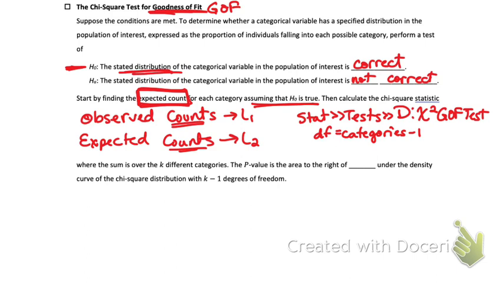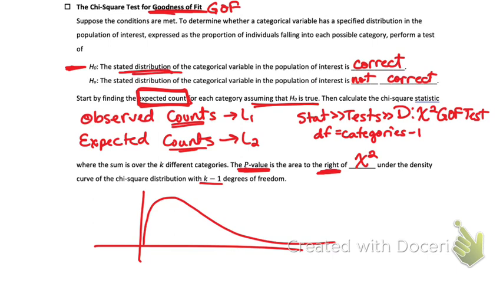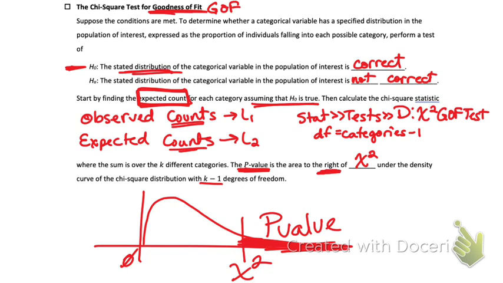Chi-squared is the sum over all k different categories. The p-value is the area to the right of chi-squared under the density curve with k minus 1 degrees of freedom. K is your number of categories. And finally, here's your picture. Wherever your chi-squared value is, the area that is as extreme or more extreme than that is, in fact, your p-value. And that is how we're going to do it. Next week,